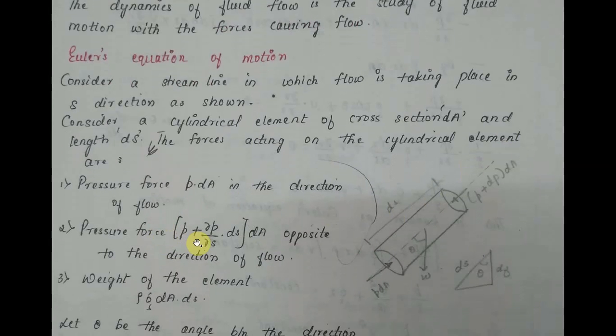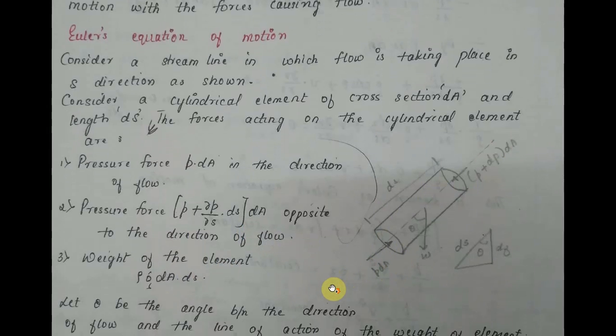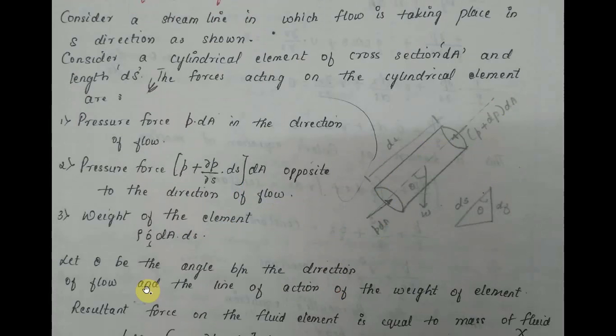Then the pressure force is P plus dou P upon dou S into delta S, into delta A, opposite to the direction of the flow, that is this direction. Then the weight of the element, that is rho into g into delta A into delta S. Let theta be the angle between the direction of the flow and the line of action of the weight